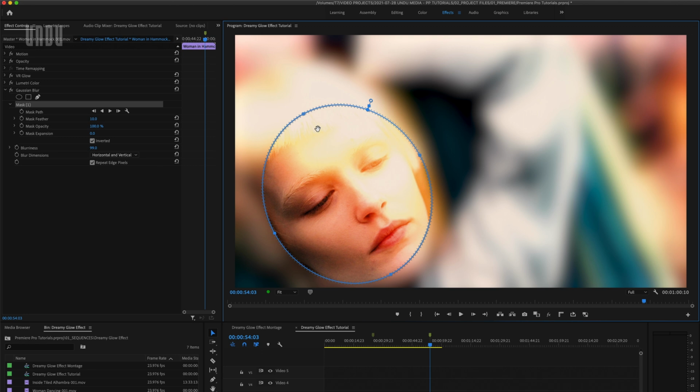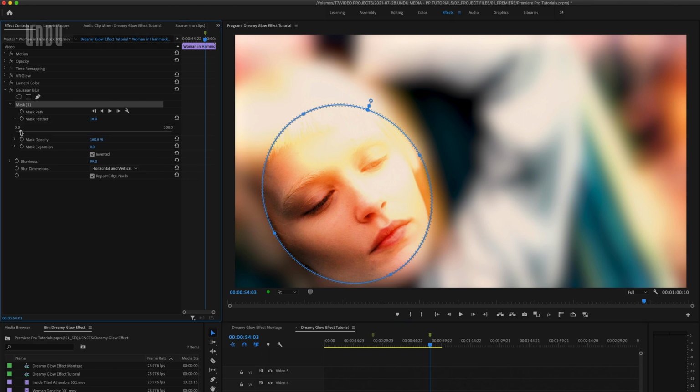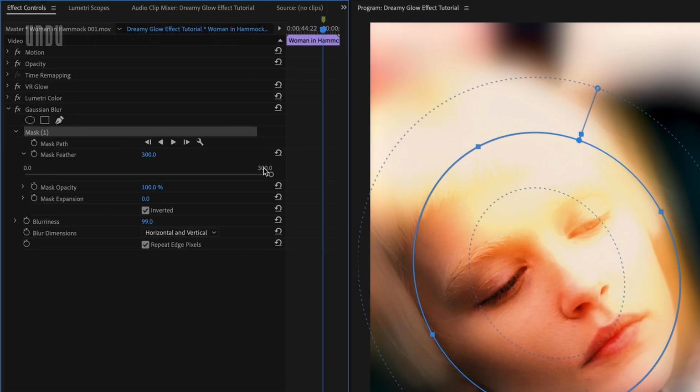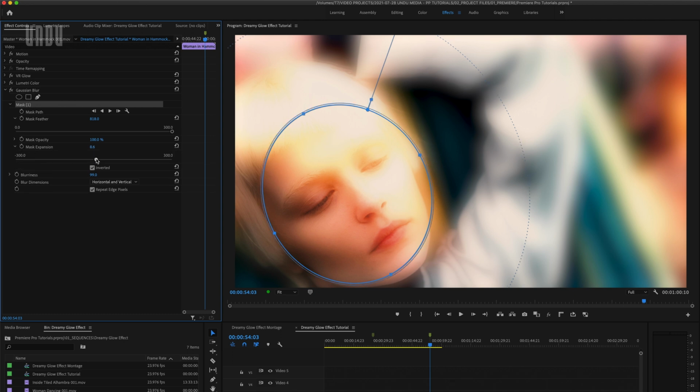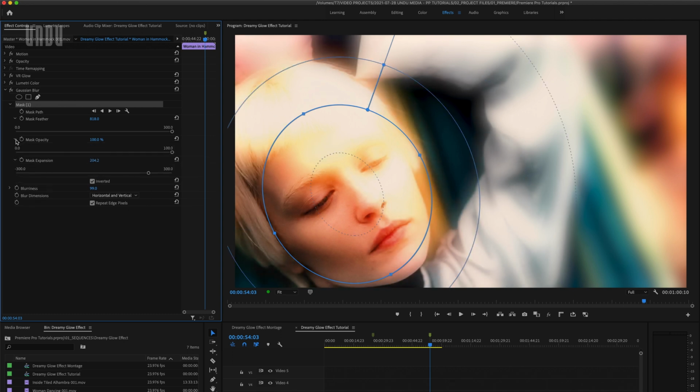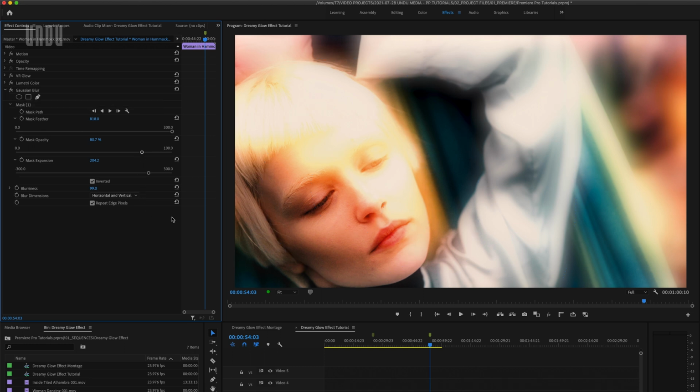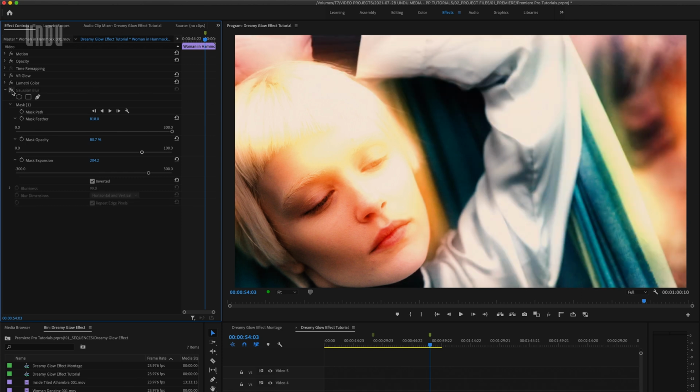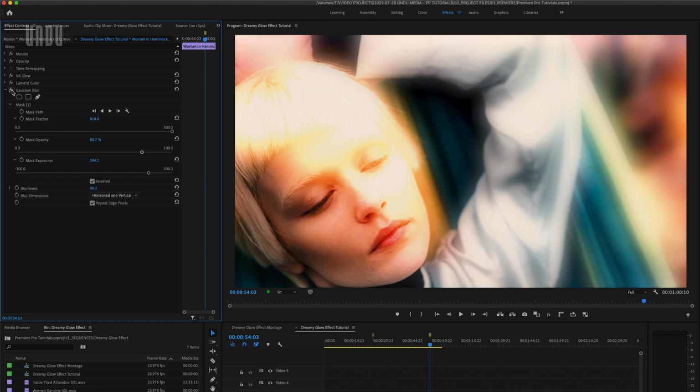And I'm not worried about being too precise here. We're going to crank that mask feather way up. And if you use the slider, it may max out at a lower value than this effect actually allows. Sometimes these values can go a lot higher than the sliders show by dragging right on the numbers or just entering a value here. We'll increase the mask expansion here a little, and we can also reduce the opacity to blend that blur in a little better. So now we've given this a nice soft glow, including some of the darker areas and outside edges of the frame. So VR Glow by itself, VR Glow with the Gaussian blur effect applied.